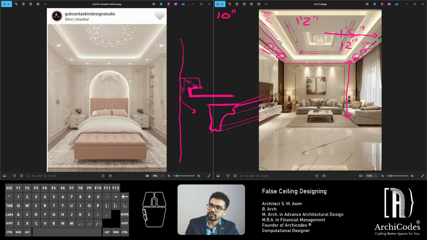So if I cut a cross section through, it would look like this. We take some different color. Let's try blue. So it will look like this. Oh, and then there is another cove light running here. So it is like this, and then inside, and then we've got the cove light,